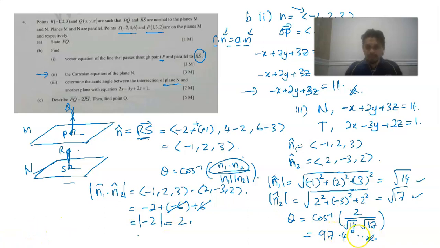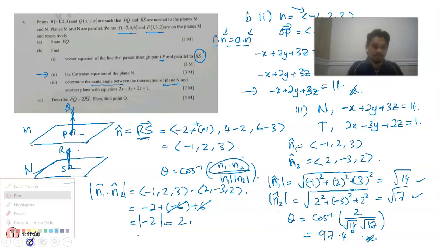Okay guys, so this is the angle that we get just now. But then look at the question again: determine the acute angle between the intersection of plane N and another plane. So an acute angle is between 0 and 90 degrees. But what we have right now is 97.4, which is greater than 90 degrees. So what we're going to do next is,